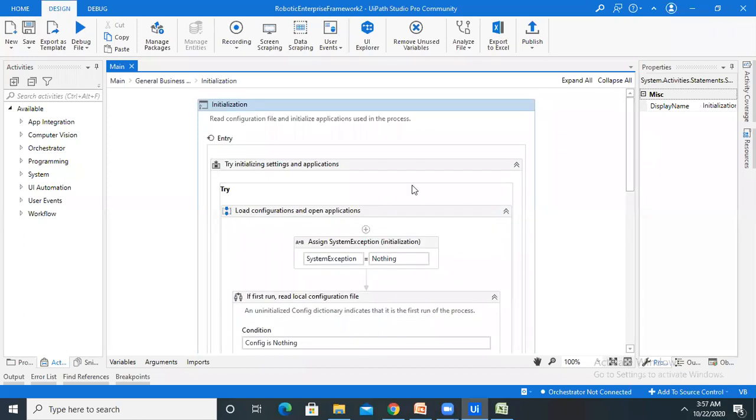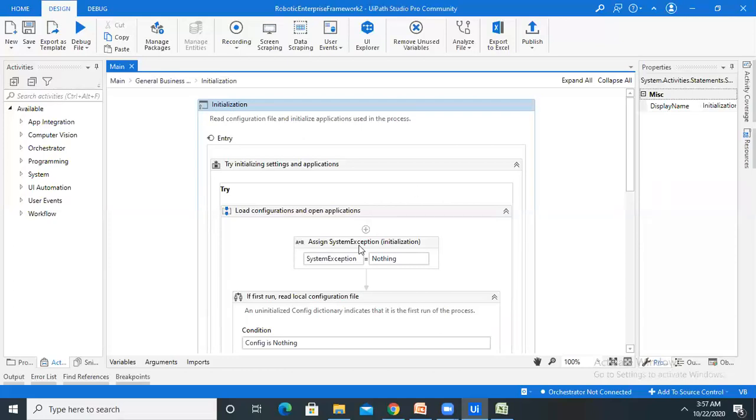So in the initialization state, if we are talking about how it is working and how it will handle things, in this state we are initializing all the settings and the applications required before the bot starts working on the business end of the process, like the login credentials or system errors. So all these exceptions will be handled. Initially, if you launch this application, it won't throw any error message because it was just started. So in the beginning, definitely you won't find any error message.